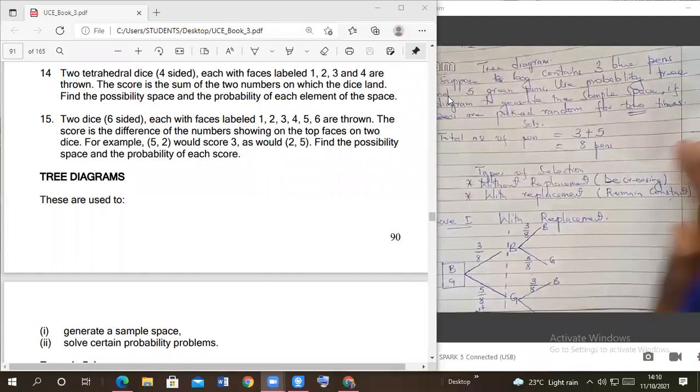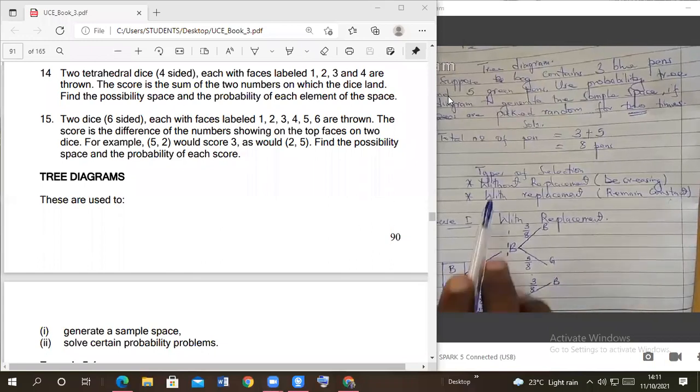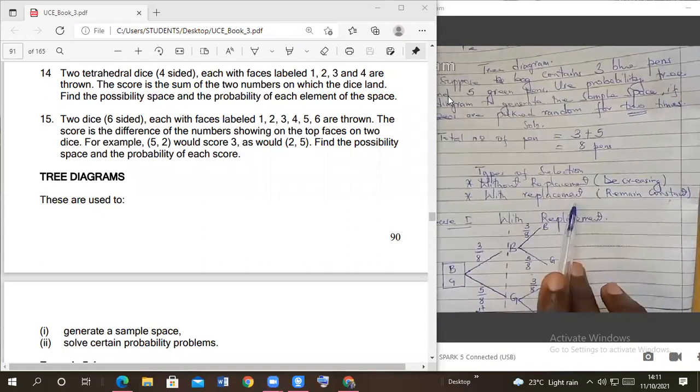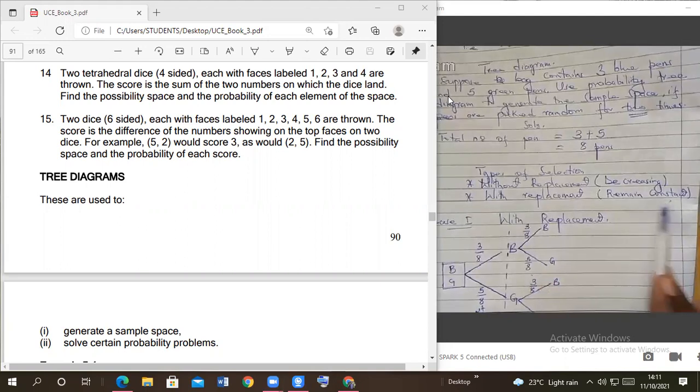So now from here we are saying that, take for example, you are being told to pick or select at least twice or 2 times. So which means there are 2 things that may happen. You may either pick and then fail to take it back, or you pick and then you take it back. Now, when you pick and you take it back, that one we call it with replacement. We call it with what? Replacement, which means the number of items in that bag or in that container will remain the same or will